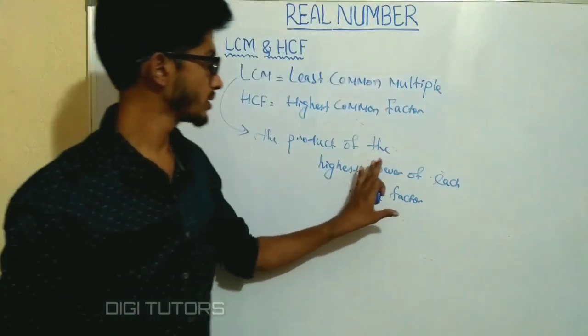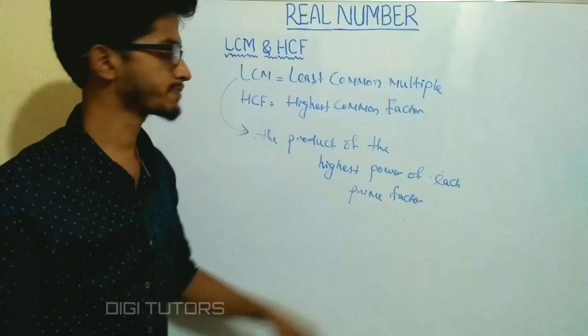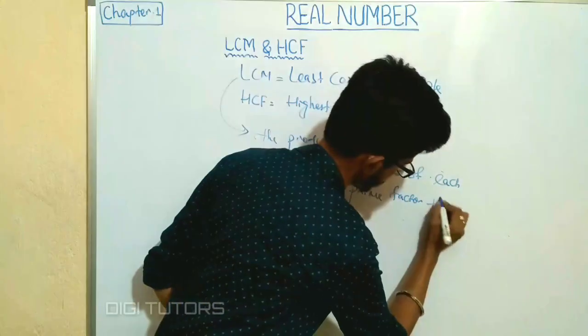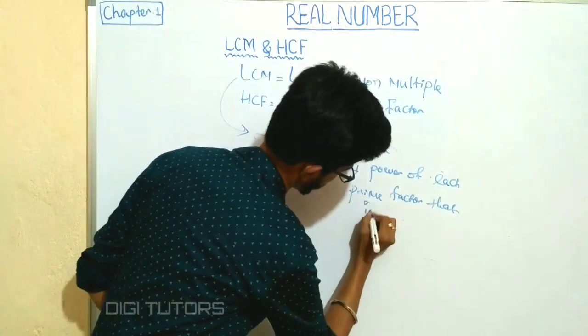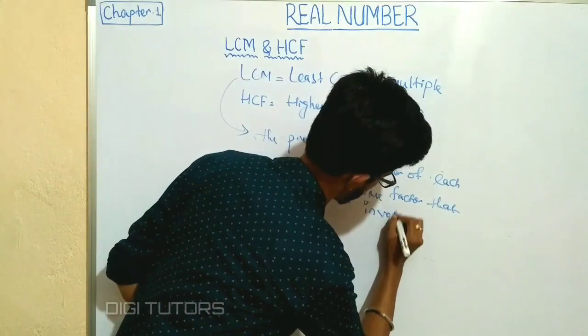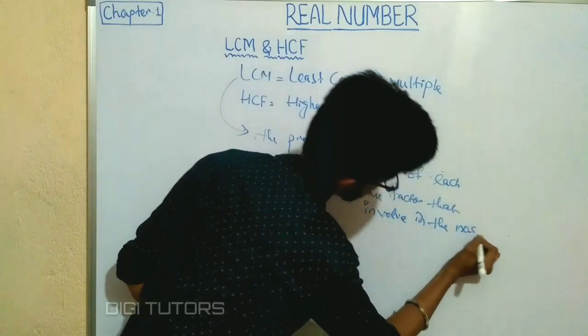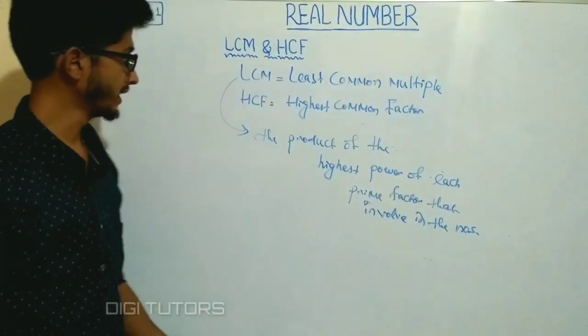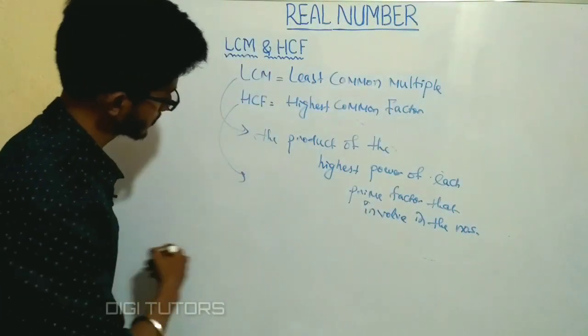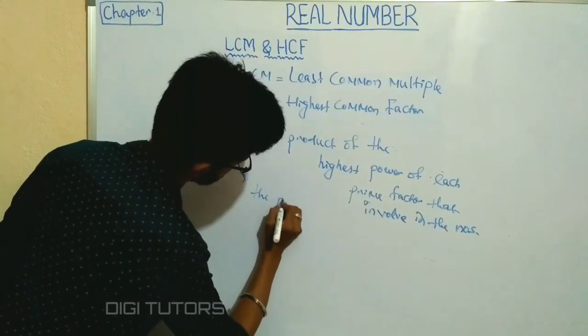LCM is the product of the highest power of each prime factor that is involved in the numbers. Okay, and HCF is the product of